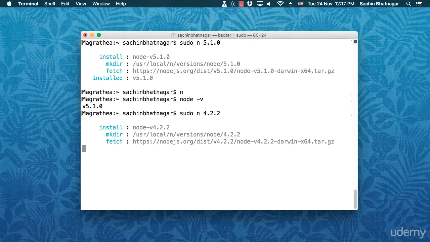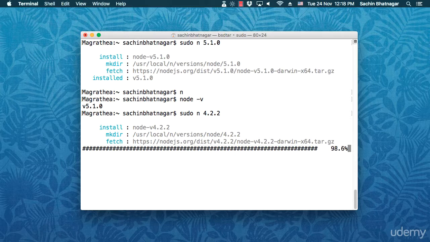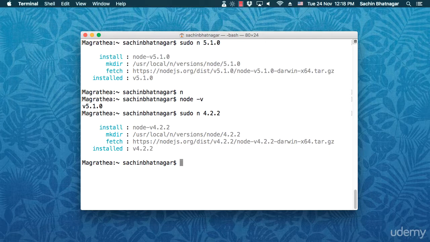Now, this may seem weird to you. Why would we need an older version if we are already using the most recent version of Node.js? Well, for starters, the LTS or long-term support branch of Node.js will be available for a long time. So it is a safe and stable bet for most apps. Having said that, you may want to play with bleeding edge features in a newer 5.x branch.